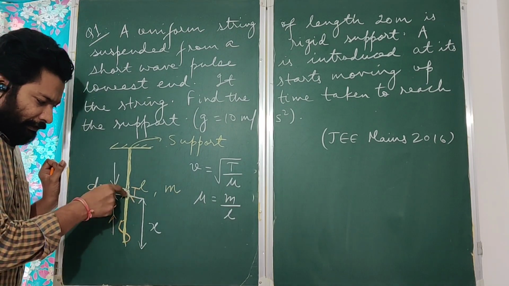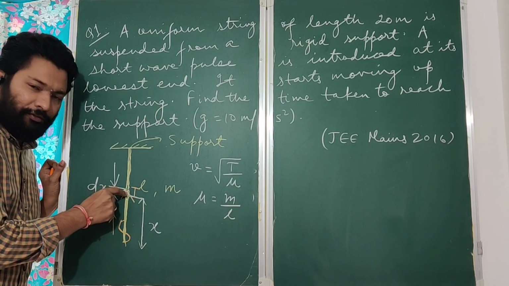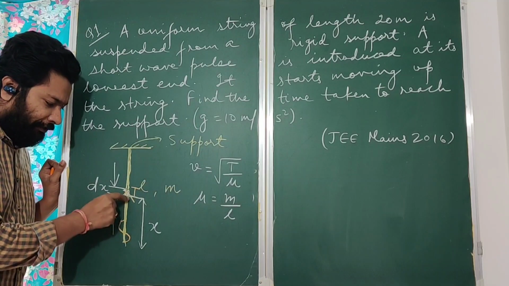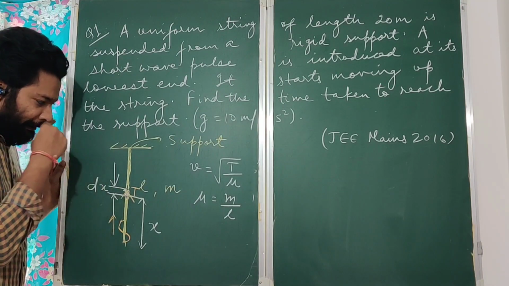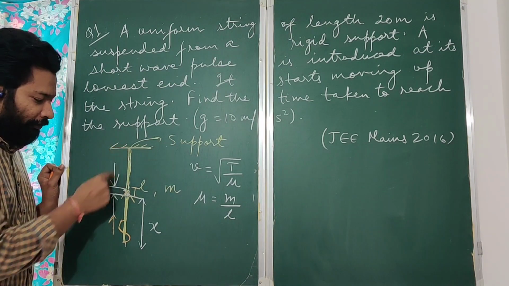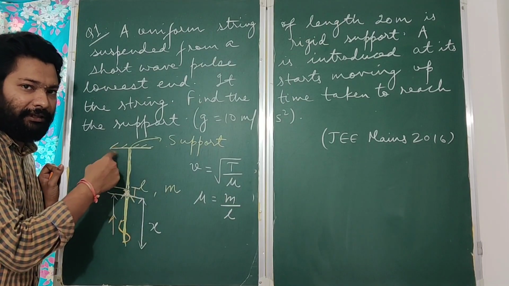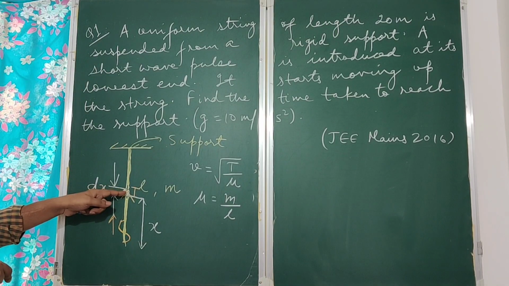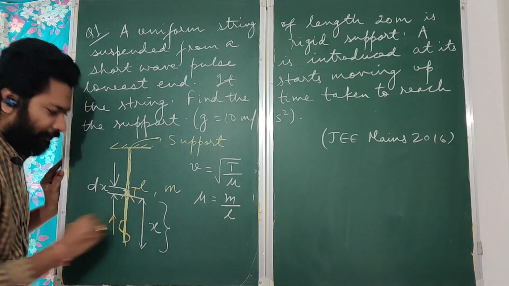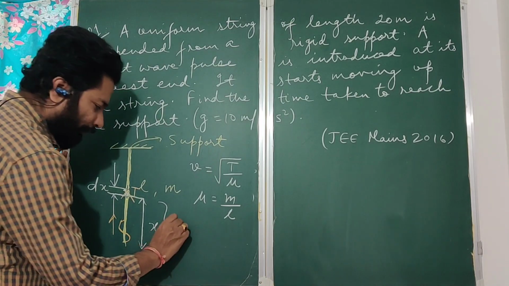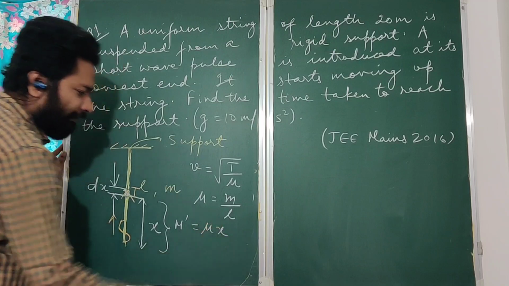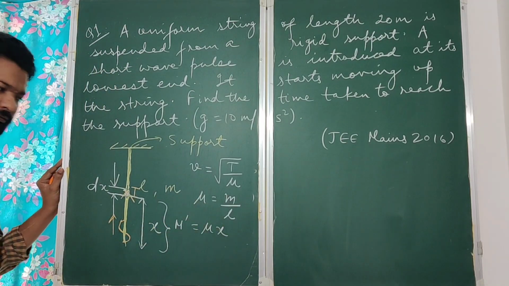Now, if you see this point, the tension at this point is balancing the weight of the string which is lying below this point. Similarly, if I had asked you the tension at the topmost point, it would be responsible for balancing the entire weight of the string. So if I want to find out how much tension is acting here, I should know the mass of this part. How will you find it out? Let us say that mass is m dash. So you can write m dash as mu into x, mass per unit length into x.